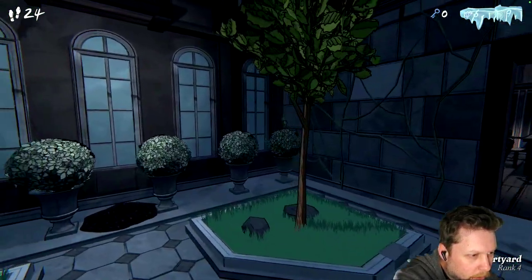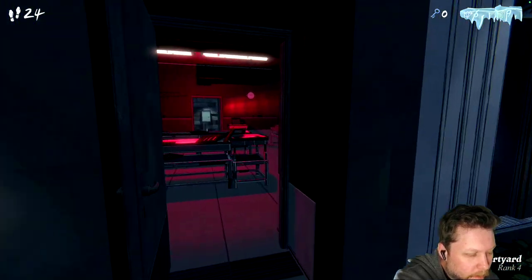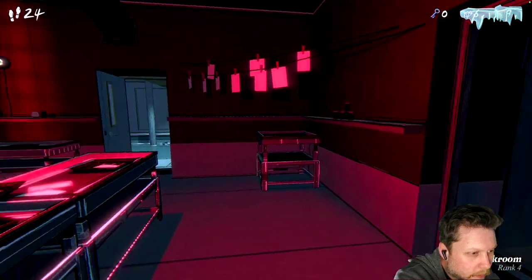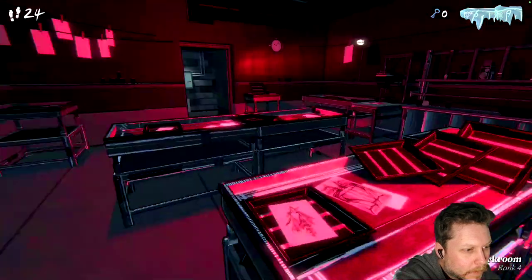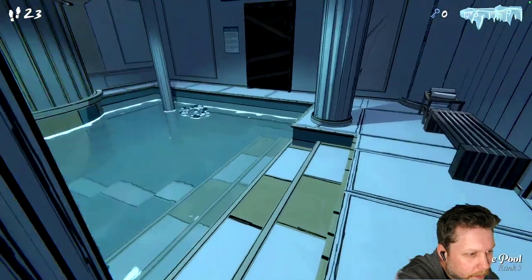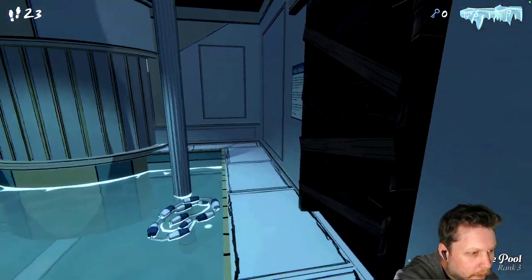Okay, I think we just have to call it. Unless finding the lever in the red room... Why did it get ominous in here all of a sudden? Because it's a red room? No place for a lever there. Just wandering aimlessly in case we missed something. So, the boiler room, I think, provides...